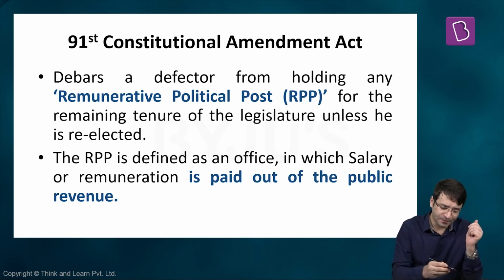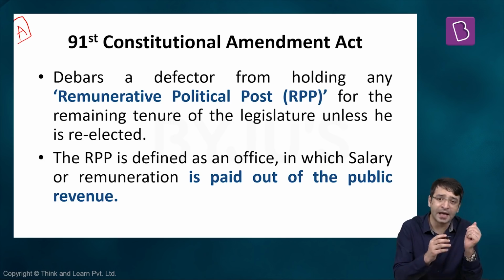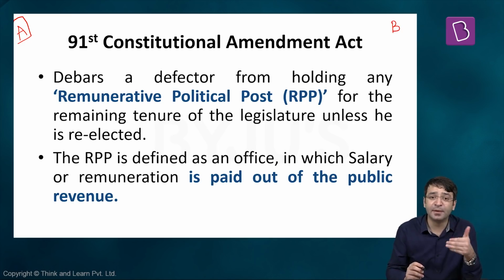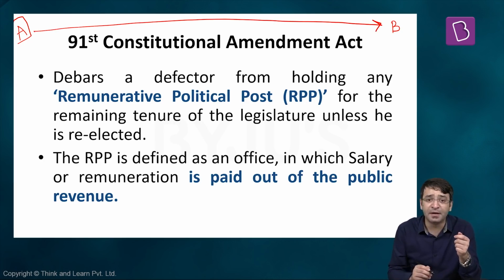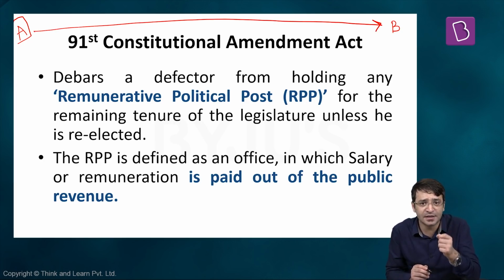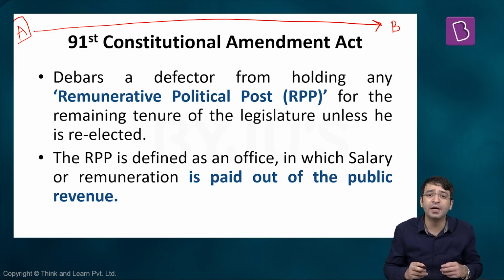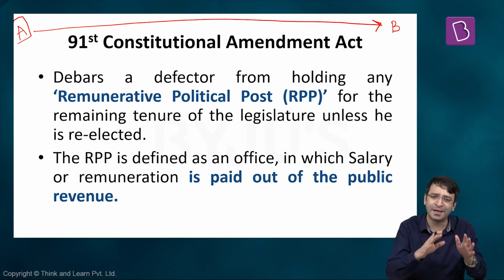Let's say, for example, I am a member of Lok Sabha, I belong to political party A. But now political party B needs my support in forming the government. But if I decide to join this political party B, I will be disqualified under anti-defection law. So why would I resign and join this party B? But this time, what is party B doing? Party B is offering me a minister post. Party B is saying, even if you are disqualified, we will make you a minister.